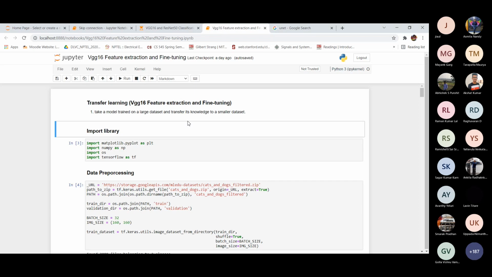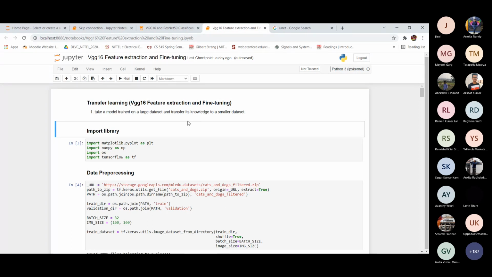We do not need to train the entire model again, and the base convolution layers already contain features that are generally useful for classifying pictures. In feature extraction we are not training anything, we are freezing the layers like we did in the previous notebook.